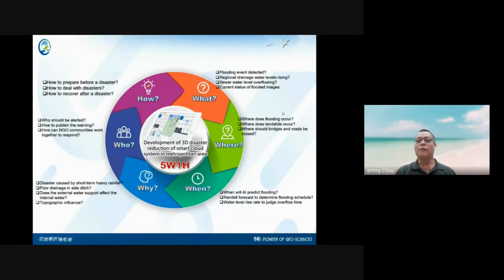But we have to do that on a really small scale, which means, like before, we can do the rainfall forecasting for the entire island or for one city, but now we try to do that for just one village, for one very, very small administrative region. And also about water level rise, and also when it will overflow, and how to prepare before any kind of